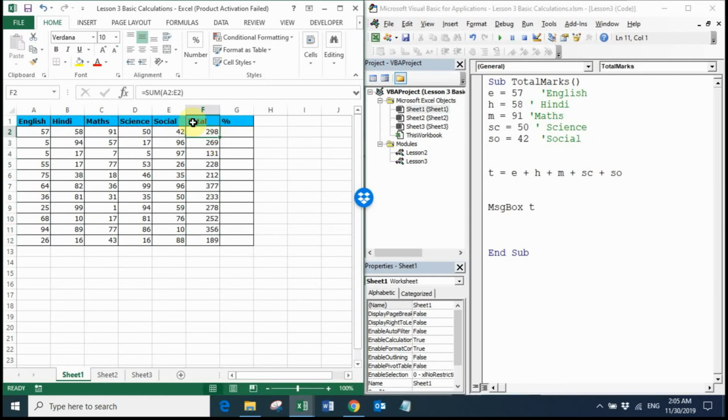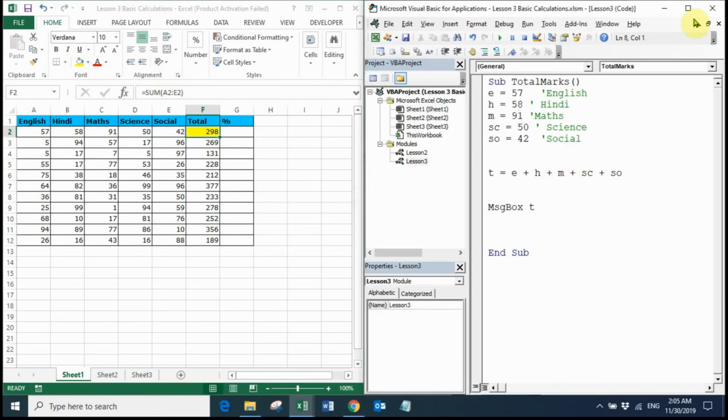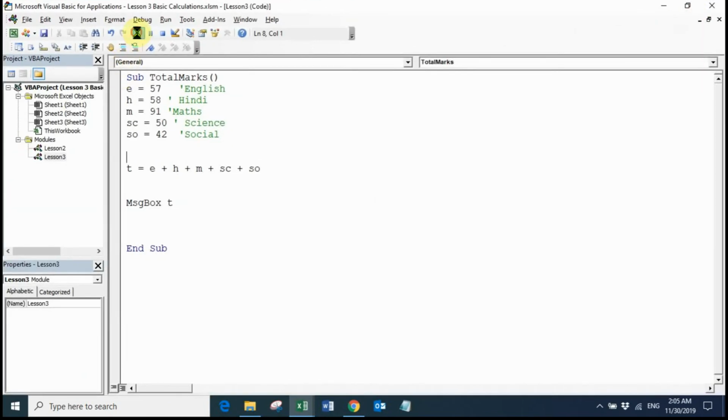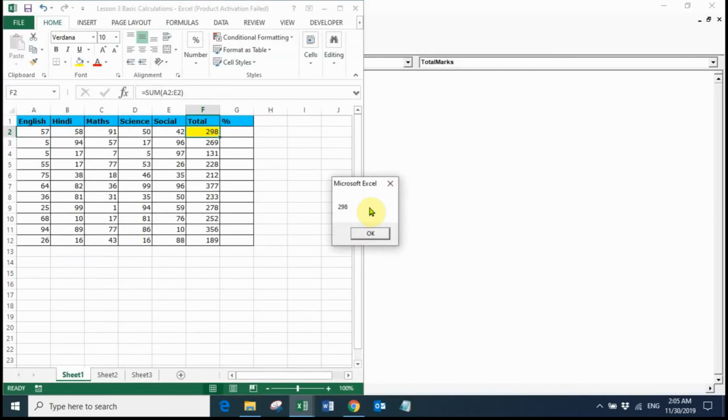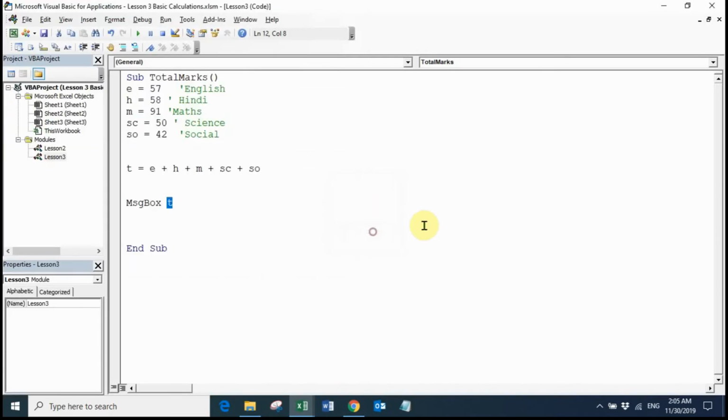So we have this result. Now I hope you understand how this message is coming. This is a very simple value which is coming here without any caption. So we can add some caption. Here if you notice there is no double quotation at the beginning and end of the t. So what I can do is add my own caption, my own text saying result